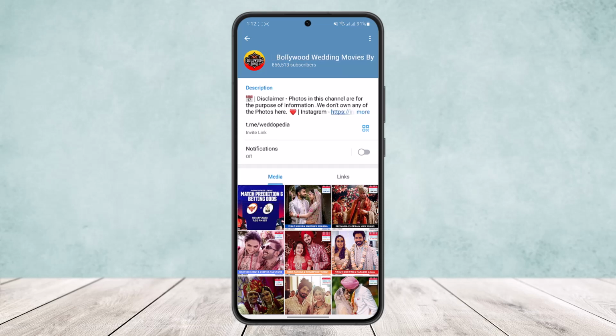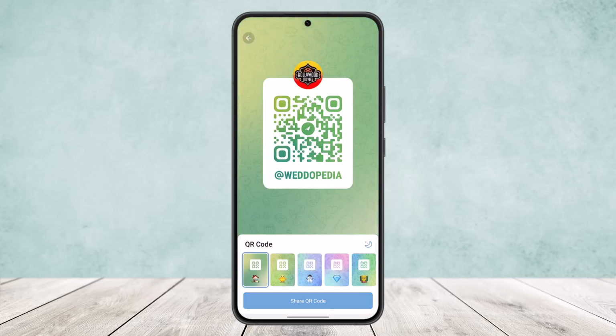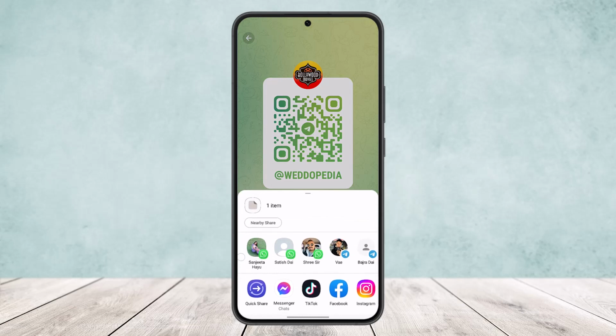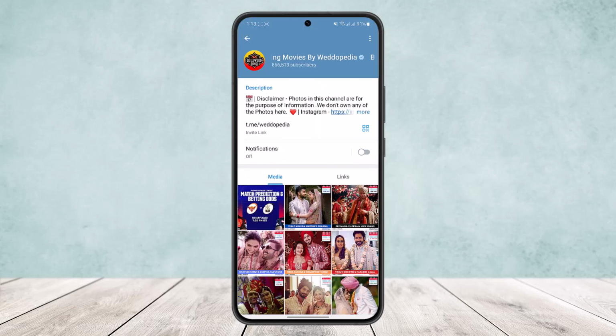Now what you can do is tap on the barcode. You can see the barcode icon at the right hand side of the screen. Tap on it and you'll be able to share the QR code by tapping on share QR code, and you can select the platform you want to share, or you can select particular friends, or you can share it through nearby share. However, if you want to copy the group link, what you can do is simply tap on the link